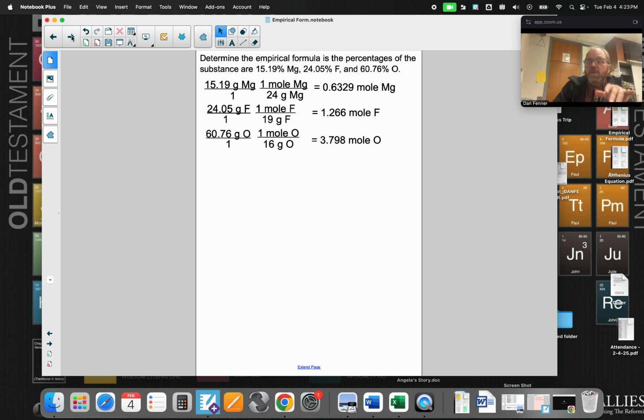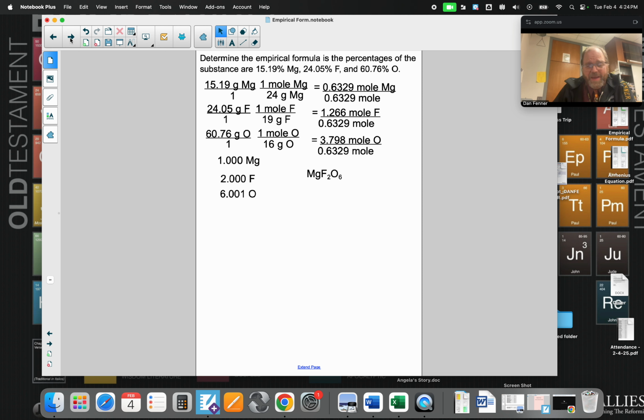Now, smallest number, that would be the magnesium here. We're doing that again to get a whole number ratio for comparison. So we're going to divide by 0.6329 moles. That gives us 1.00 magnesium. Is that close enough? Is that last number 0.9? Yes, it is. We're good to go. Okay, so for 1.266 divided by 0.6329 moles, we get 2.0. Is that close enough? Yes, it is. All right, and then 3.798 divided by 0.6329, we get 6.001 oxygen. Are those all close enough? Yes, they are. So the formula will be